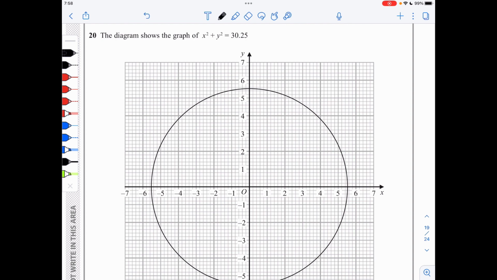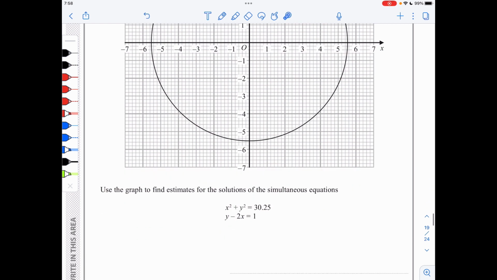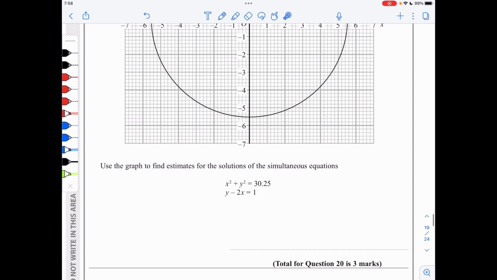In 20, we're being given the graph of x squared plus y squared is 30.25, and we are asked to use the graph to find the estimates to the solutions of these simultaneous equations. So in other words, I need to draw the line y minus 2x is 1 on my diagram and find the points of intersection. So if y minus 2x is equal to 1, then I could say that when x